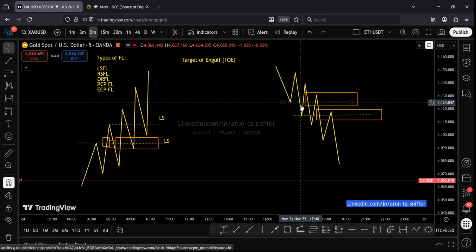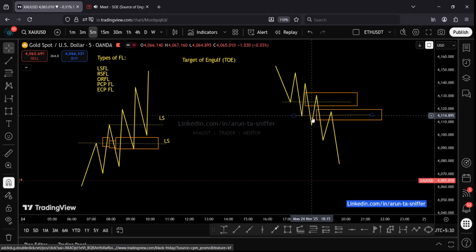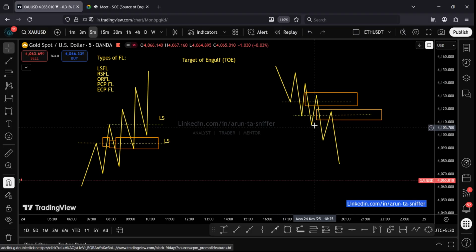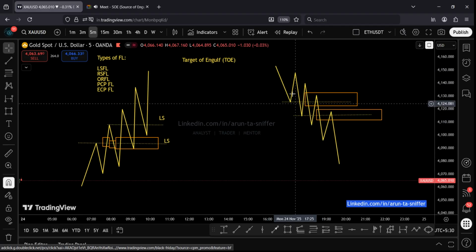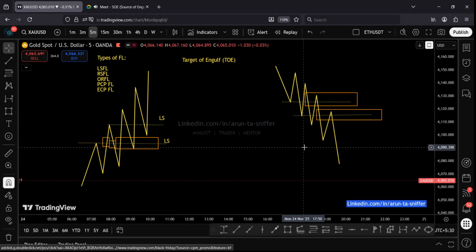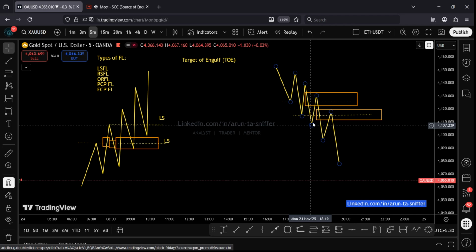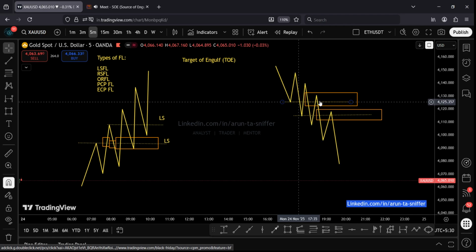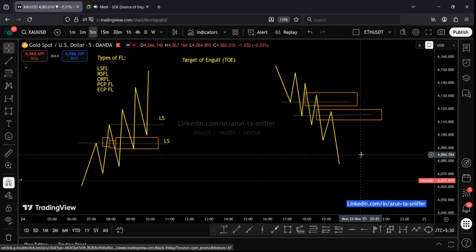What is happening here? Price comes down, pullback, comes down. So what is happening here? Also we are entering and going back up. Entering, going back up. So where will we go back? If price has already fallen 2 times in compression mode, it will go back up to the LS area, right? So this is how we decide our targets.